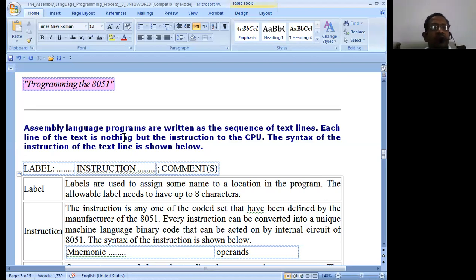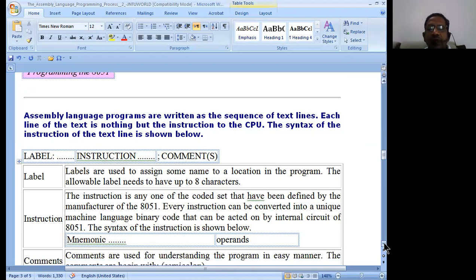So we will be dealing with programming the 8051 microcontroller now. We had all the basics required to go with the programming with the 8051 microcontroller. And to do the programming, to write the program, we have to compulsorily write the mnemonic code. And the mnemonic code is normally going to come up with the operands.